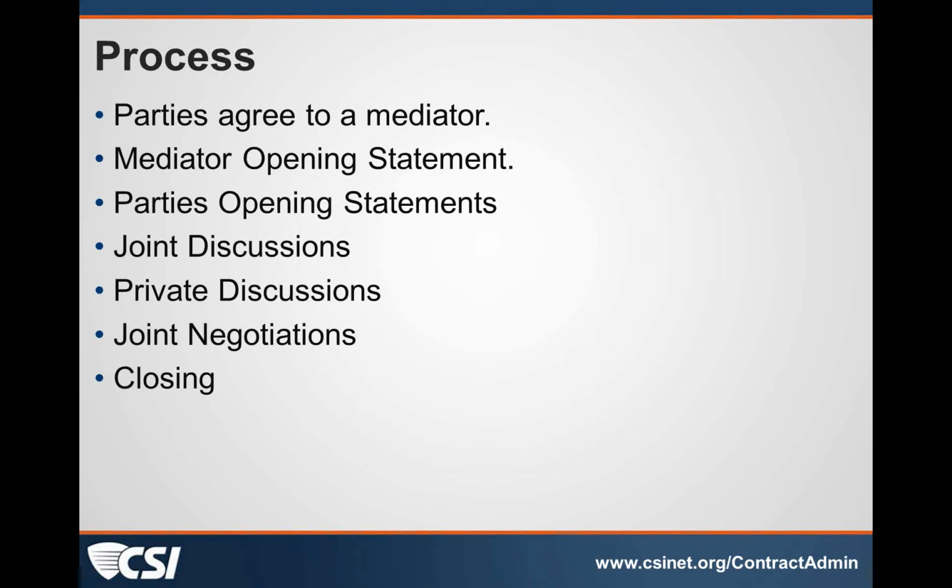So if they do reach an agreement, the mediator will usually put those provisions in writing. He may ask one of the parties to do that and have the parties write up a binding agreement, probably in consultation with either one's attorneys. He says, okay, contractor, get your attorney, write up the settlement agreement, get it back to us, the owner takes it to his attorney, looks at it, and they'll come to agreement on the language in the settlement agreement and be done.